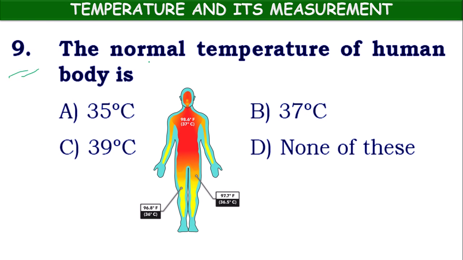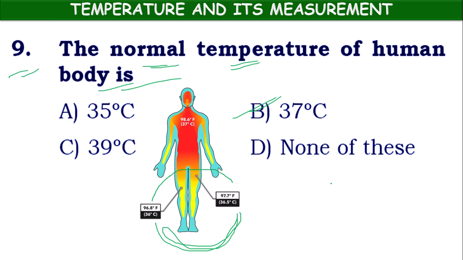Question number 9. The normal temperature of the human body is what? The normal temperature of the human body is 37 degrees centigrade. So it lies between 36 degrees centigrade or 36.5 degrees centigrade, or 96.8 Fahrenheit to 97.7 Fahrenheit. So that's why normally you might have heard the words